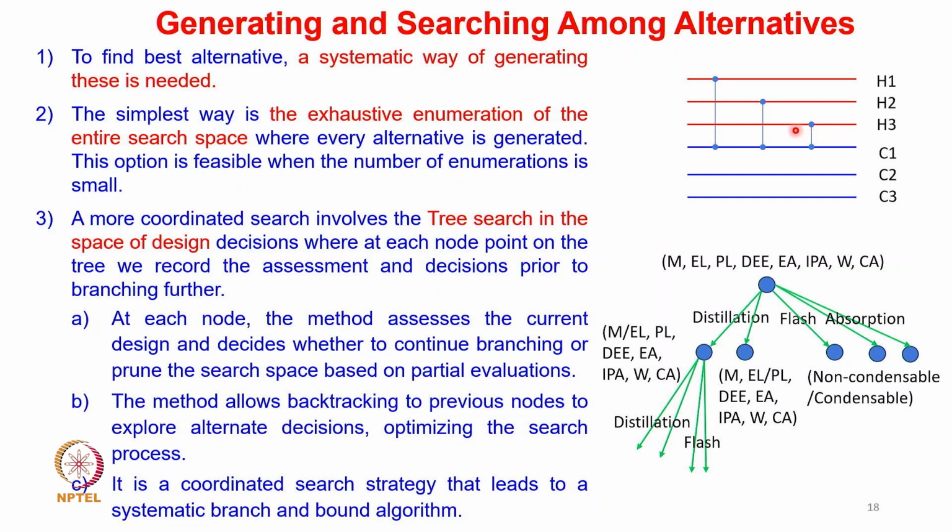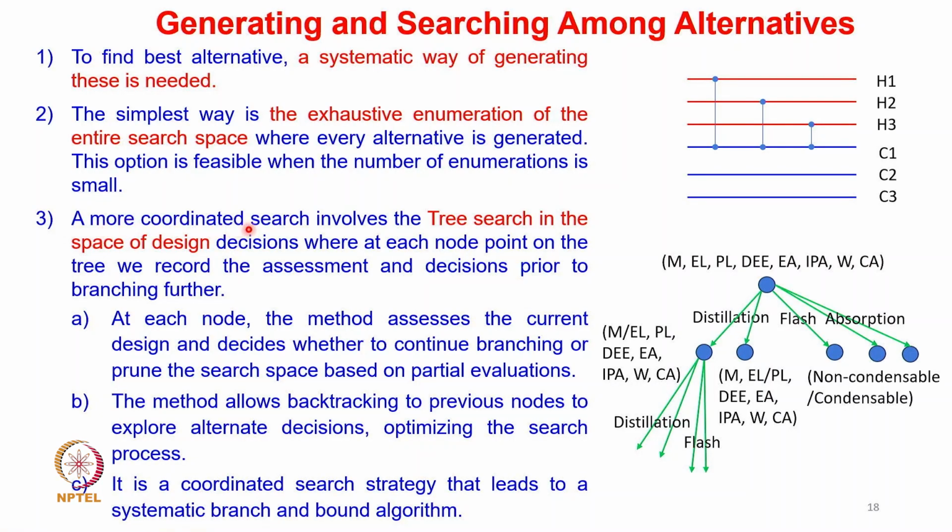Also, the flow of these streams can be co-current and counter-current. So all such enumerations one can check in the exhaustive enumeration, and based on that finally the best flow sheet can be selected. So clearly this particular methodology is extremely time consuming and can be performed only if the number